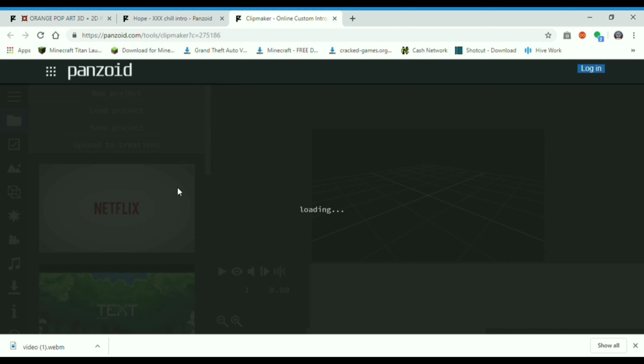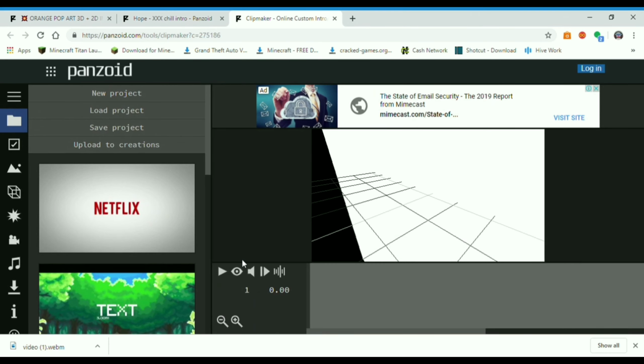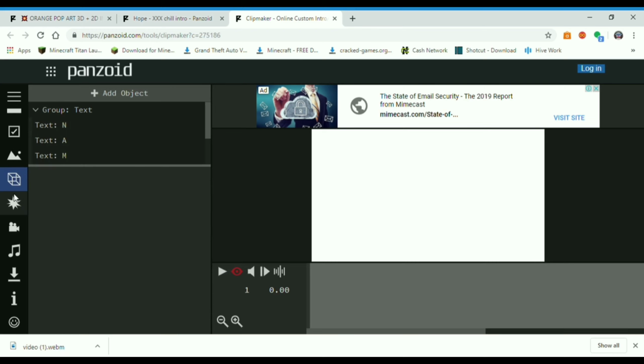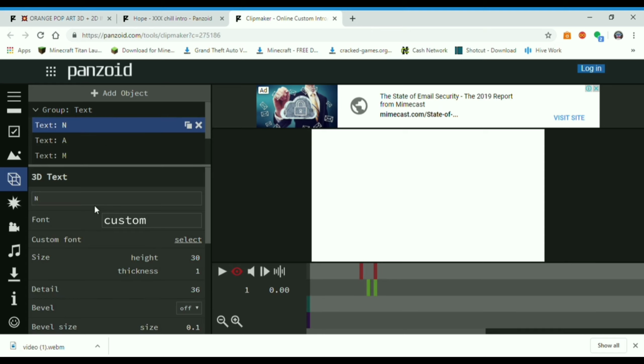So here we are in this project, and it's still loading. It's taking a long time. So here we are. I'm gonna click on this eye icon to see the intro properly. I think, okay, it has only 4 letters, so I think it will be a little hard, so I'm gonna use